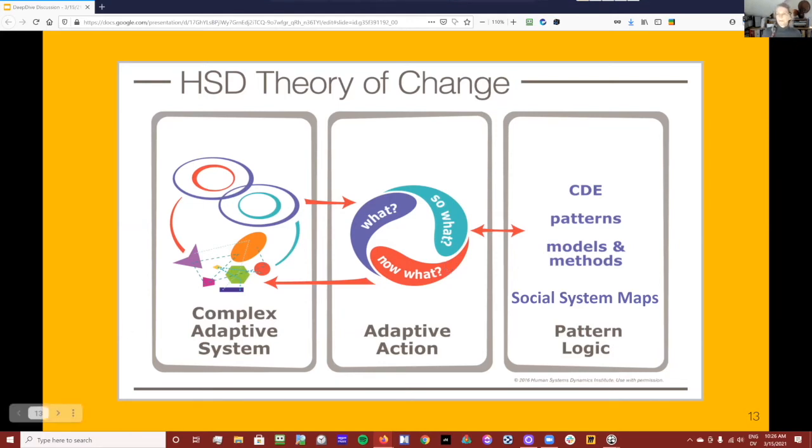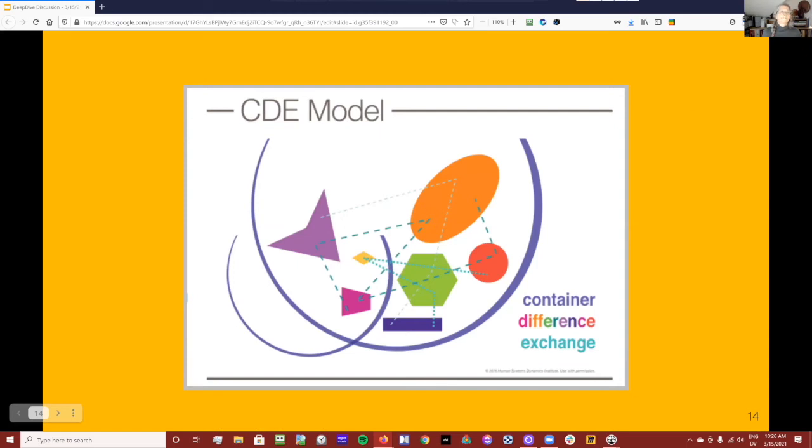Okay, let me see if that's, okay. So back to the CDE model. Kara, let's put the Mentimeter voting link into the chat. We're gonna think about containers, differences, and exchanges in a minute. Thank you, Jim. Yeah. Sorry, I sort of zoom into the chat for just a second, and then I make one or two lame comments, and then I go back to my get distracted again.